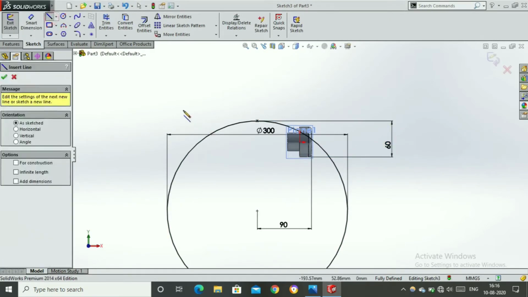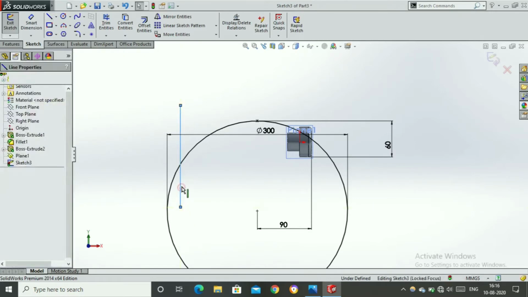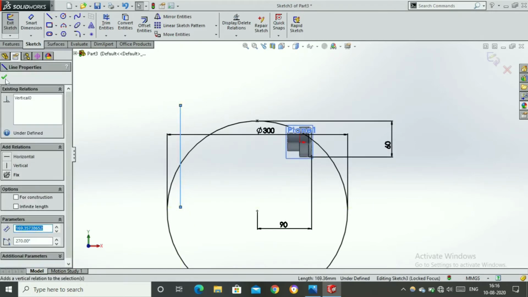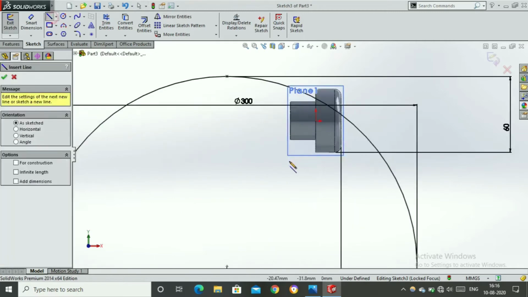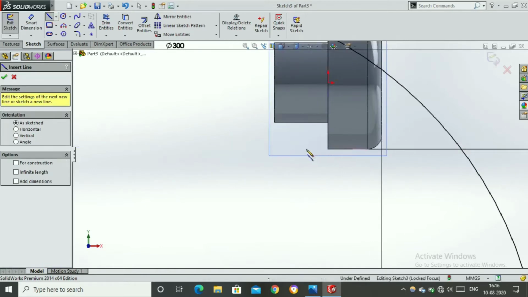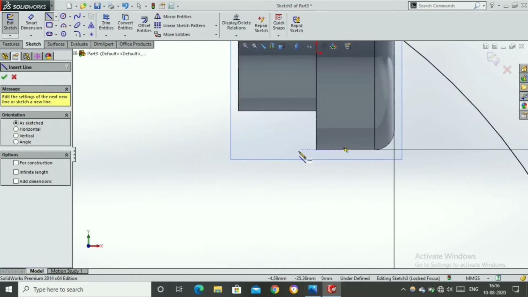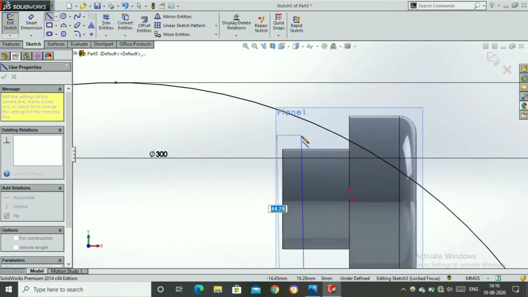Let's take a line, draw it vertically and make sure it is vertical. Yes, okay. Let's take a line drawing collinear with this edge, and make coincidence with this circle.